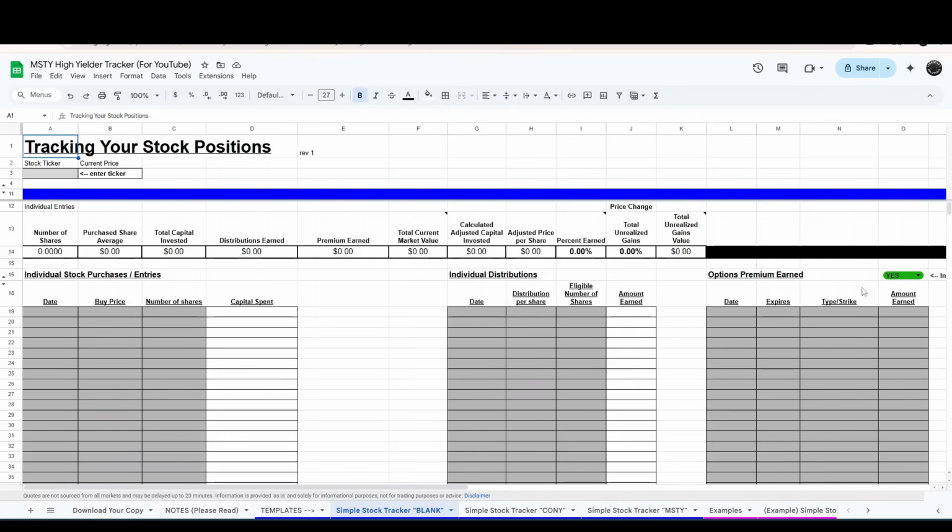This little yes drop down box right here, it basically says, do you want to include your premium into the calculations above? I think when you first download it, it will be set to no. And that means it will not calculate and factor in your premium into the adjusted price. If you would like for it to, then you can switch it to yes. And then it will add your premium into this premium section, which will then be used to calculate your adjusted